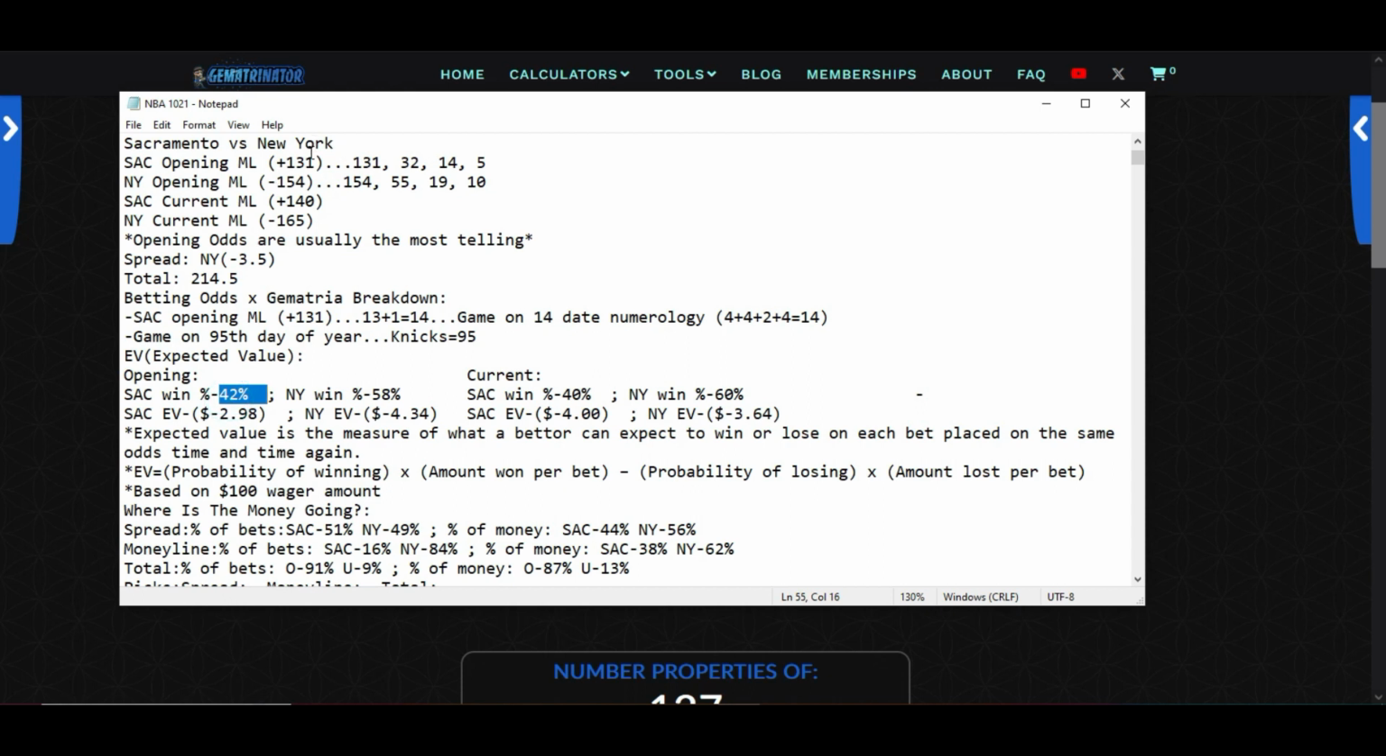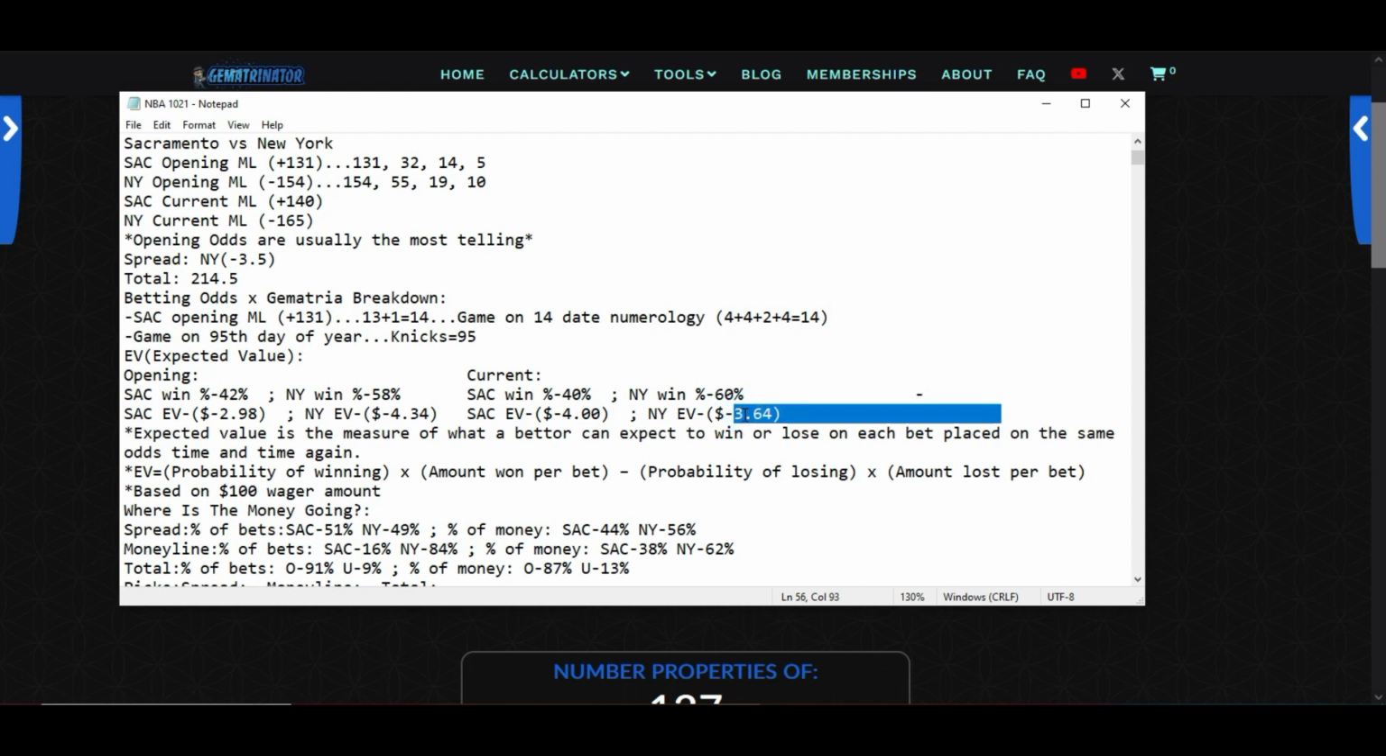Percentage to win based on the opening odds, plus 131 for the Kings, minus 154 for the Knicks. Numbers have been reduced up here as well. 42% for the Kings, 58% for the Knicks based off the plus 131 and minus 154 cost. Currently, it's plus 140 for the Kings, minus 165 for the Knicks. That is a 40% win percentage for the Kings, 60% for the Knicks, giving the Knicks lesser expected value